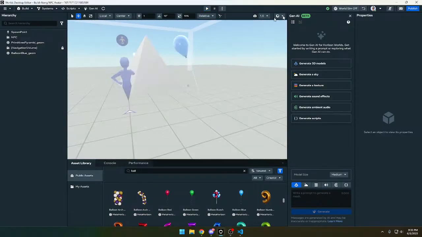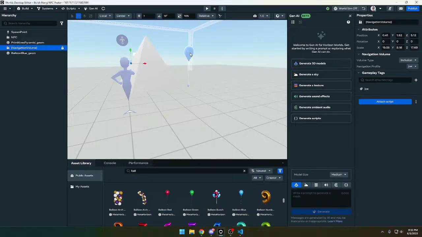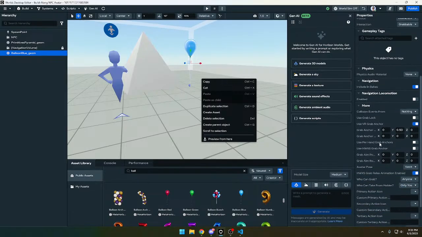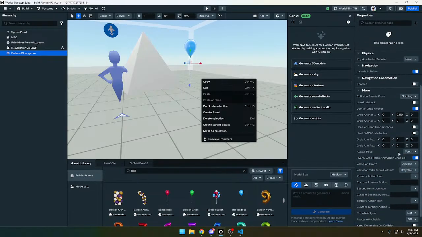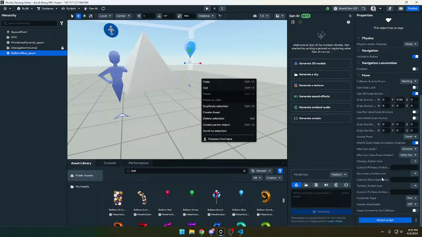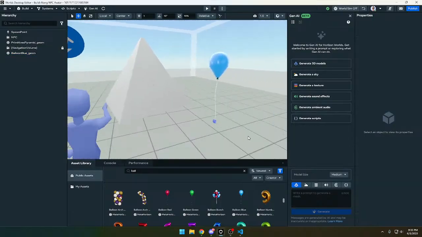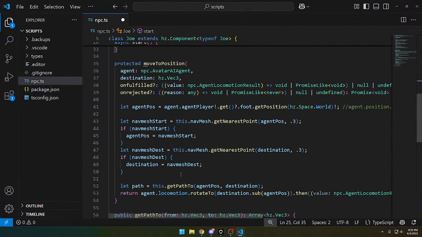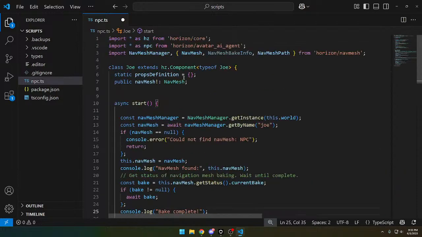Whatever. Alright, so now let's get the NPC to do that. So we've got our grabbable. He's got a grab anchor. He's got an avatar pose. Doesn't really need anything else. Although I think our NPC script's probably going to need a reference to the thing that we want to grab. So we could say